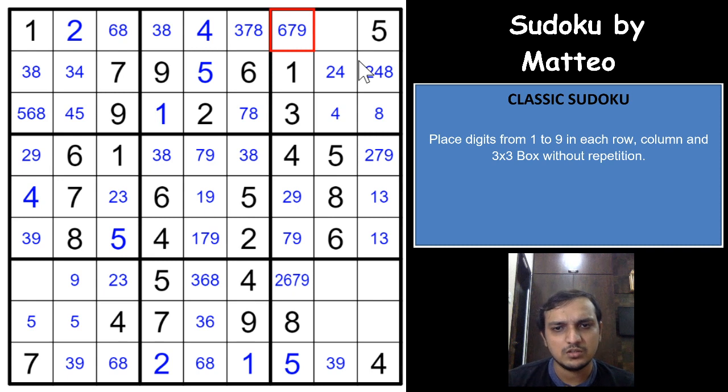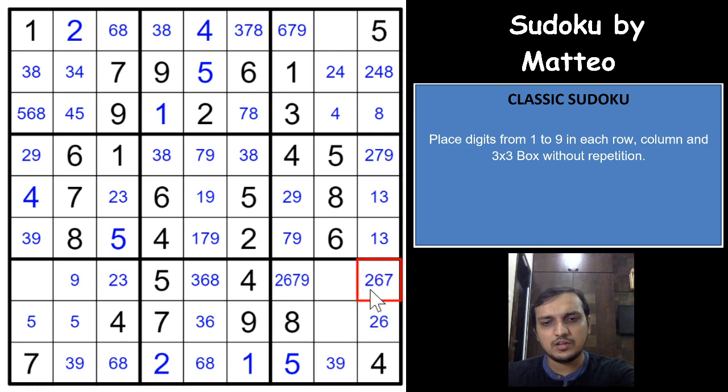Nothing here. Let us see if we have a 1, 3 pair here. Do we get anything here in this row? So 2, 6, 7, 8, 9 are the remaining digits. 8, 9, 8 cannot be here. 2, 6, 7, 8, 9, right? 7, 9, 8, it has to be 2, 6. And this would have to be 2, 6, 7, 8, 9, right? 2, 6, 7 and 9. Nothing much.